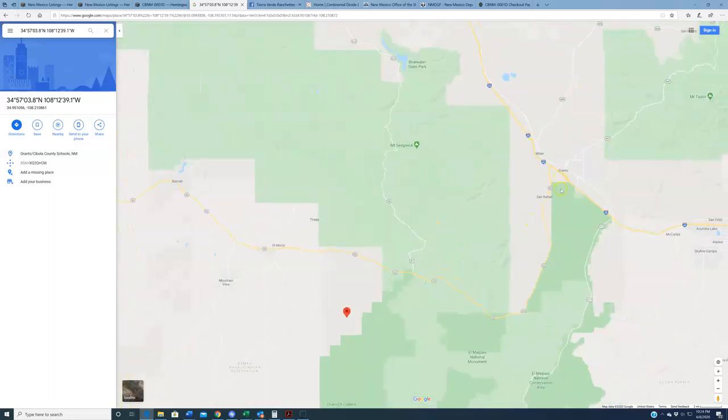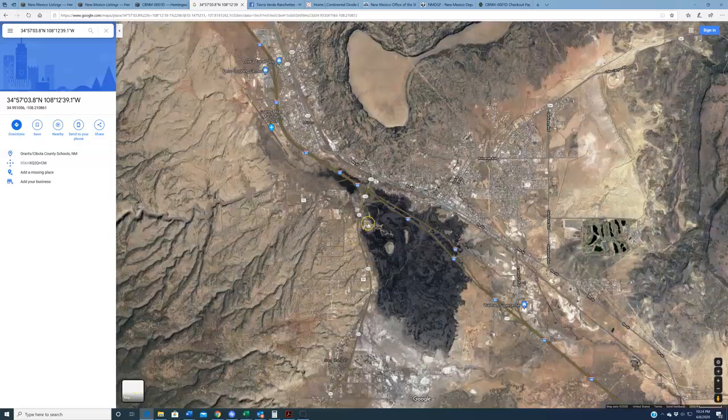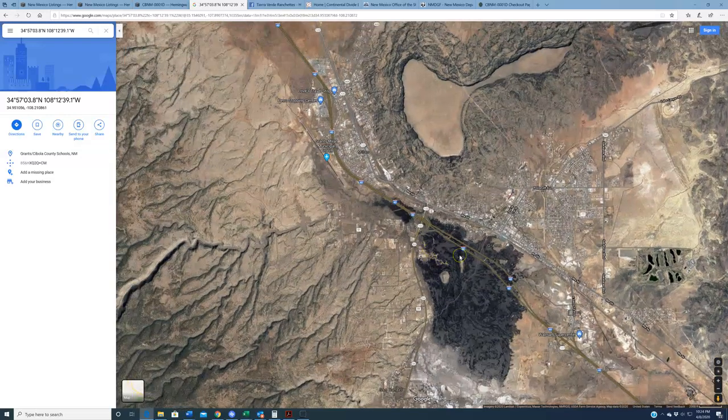Grants, however, is not only the county seat, but if we zoom in on the map here, you can see this is the more densely populated part of Cibola County. So if you're going to be building out there on that property, you're going to have access to the Walmart Supercenter out here. There's a Home Depot out here, as well as the local airport. But basically,